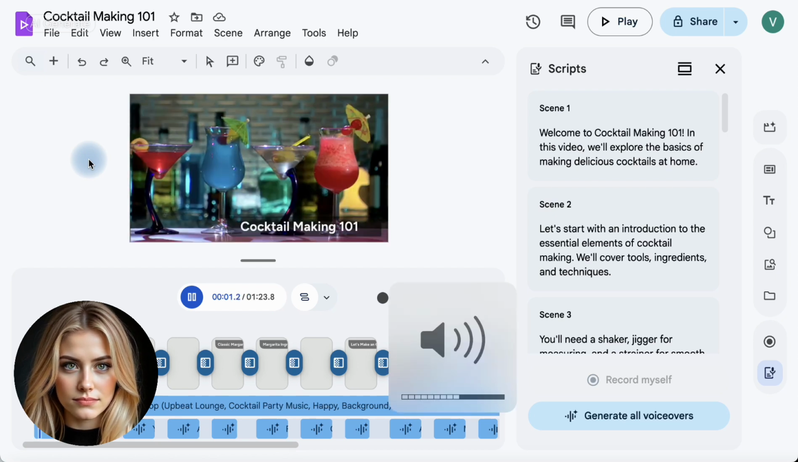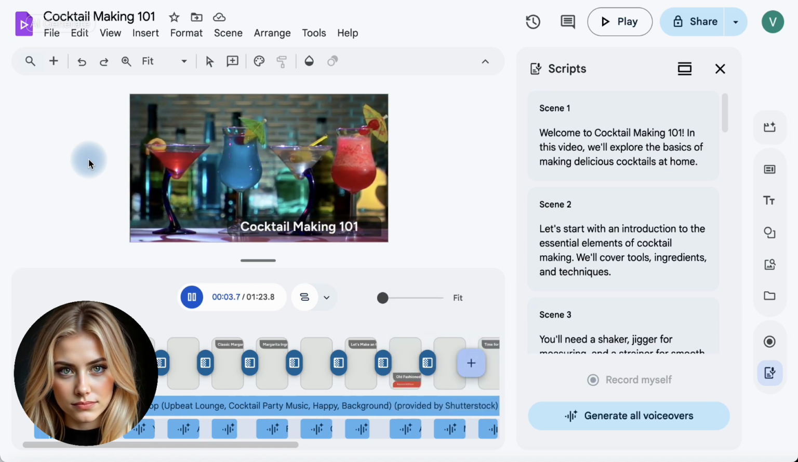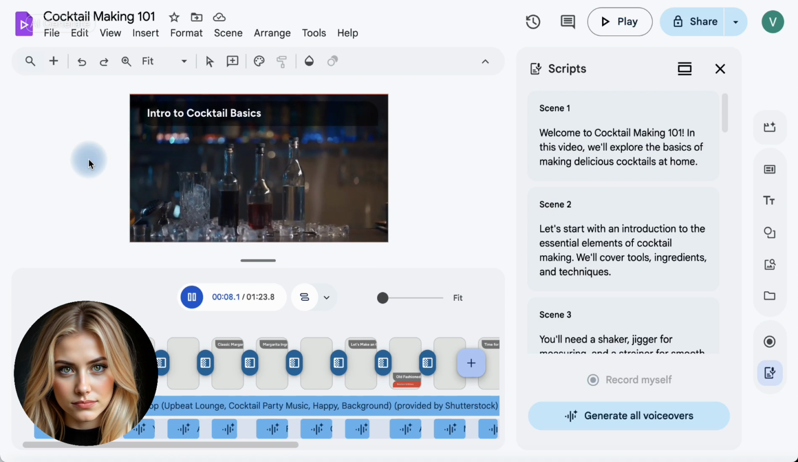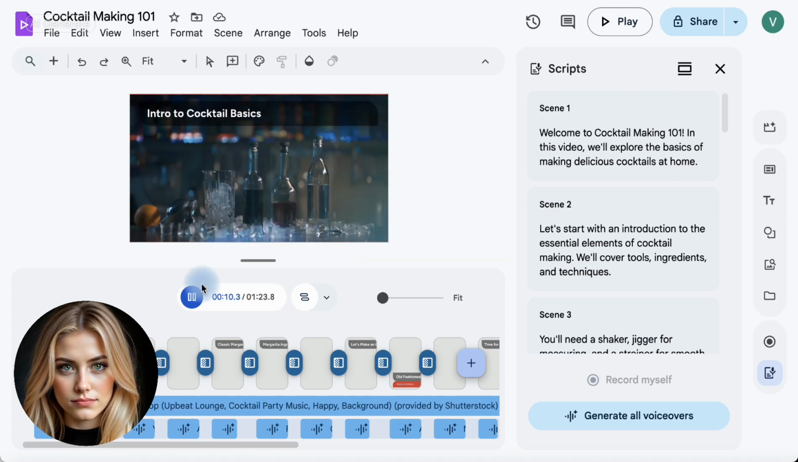Well, making 101. In this video, we'll explore the basics of making delicious cocktails at home. Let's start with an introduction to the essential elements of cocktail making. We'll cover